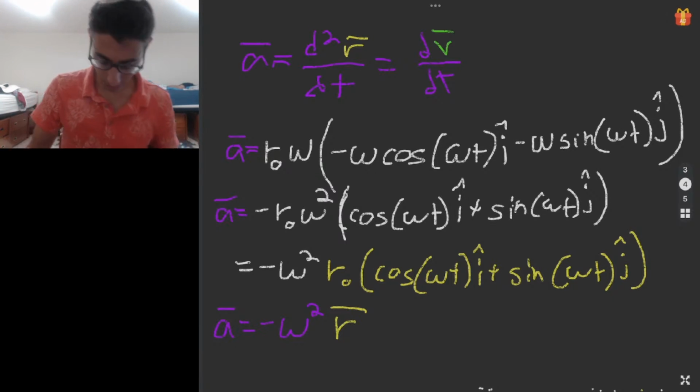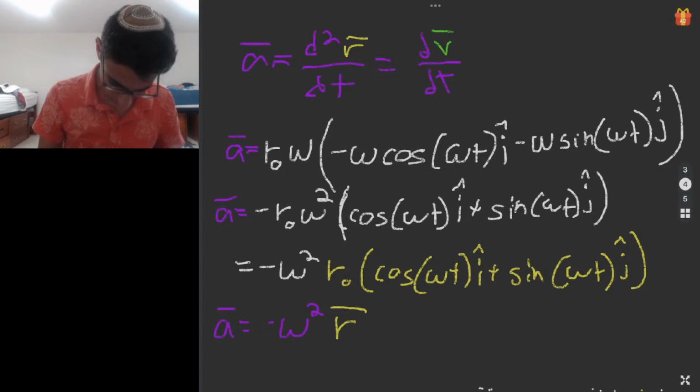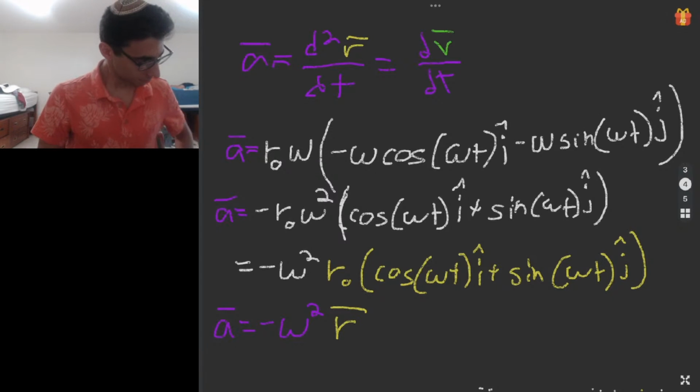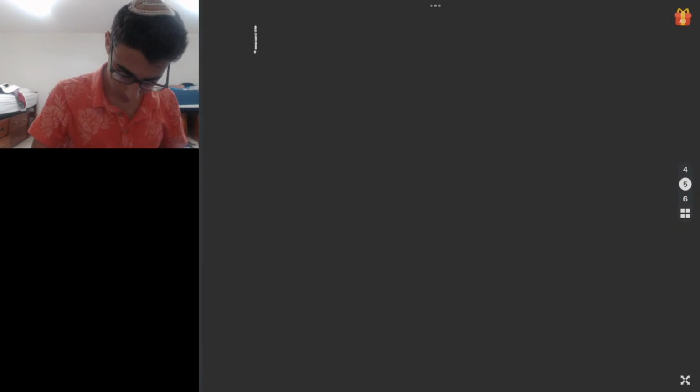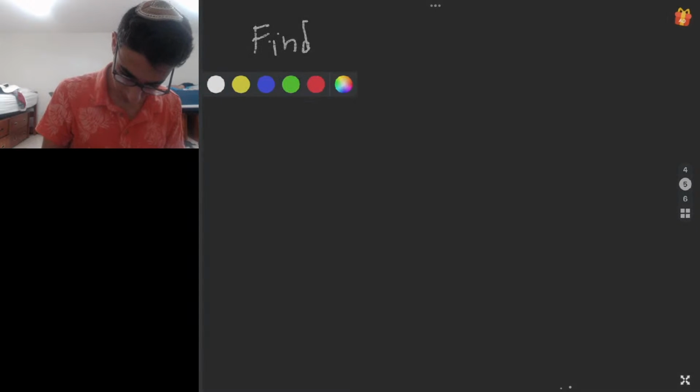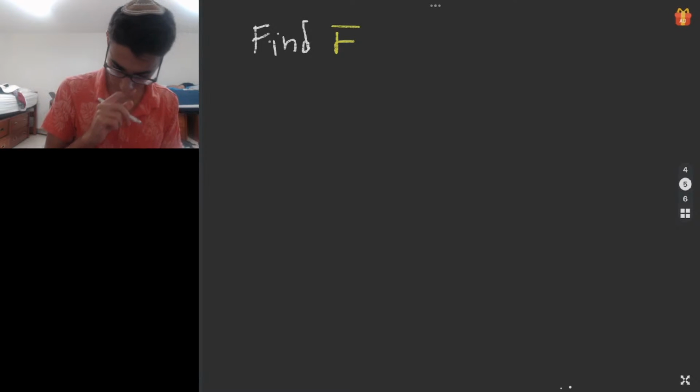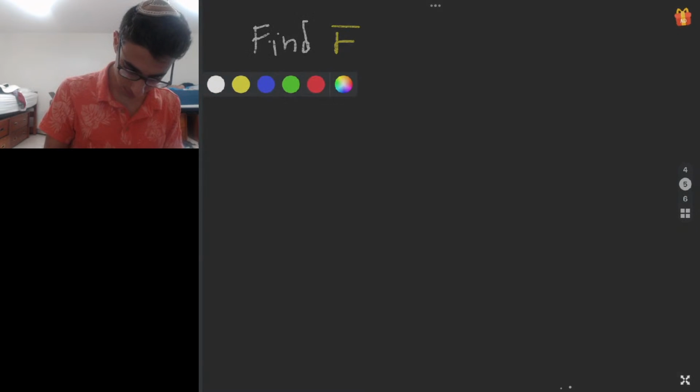All right, so we found out that acceleration is our position vector flipped and scaled with omega squared, which is pretty cool. Now let's really get into some craziness. Let's see if we can find our vector r. I'm going to stay color consistent. Find r, find position, given